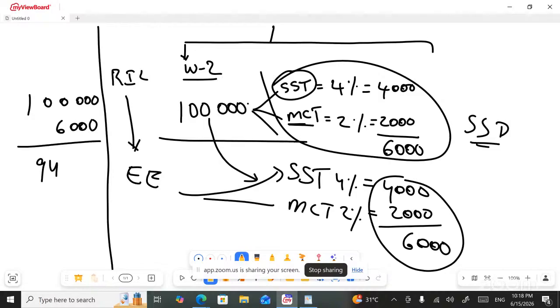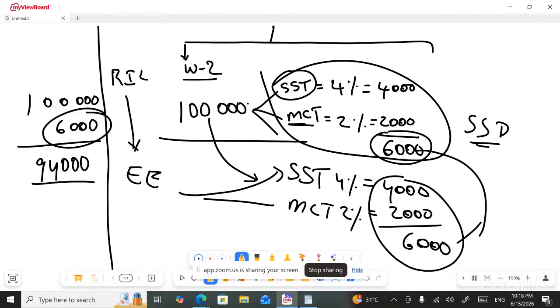Finally, 94,000 will be handed by the employer to the employee. So this deducted amount of 6,000 from the pocket of the employee, and from the pocket of the employer another 6,000. Total 6,000 plus 6,000, 12,000, will be deposited to the social security department,